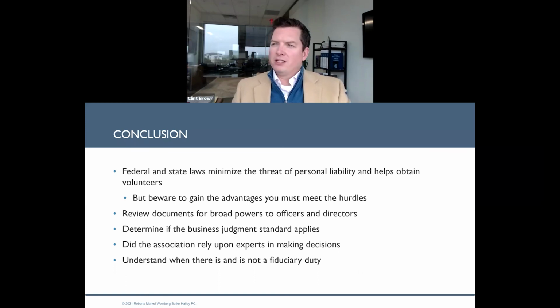So before we get into questions, remember, we've got our standards of care, we've got our good faith, ordinary care, reasonableness, we have our fiduciary duty standard. Those 2 standards, depending on the type of community you are. We've got immunity protections as well, both on the state level and the federal level. We have damage caps for the association on the state level as well, as long as you've got adequate insurance in place. Review your documents for your powers and duties, right? You've got to really remember to stay inside that bubble.